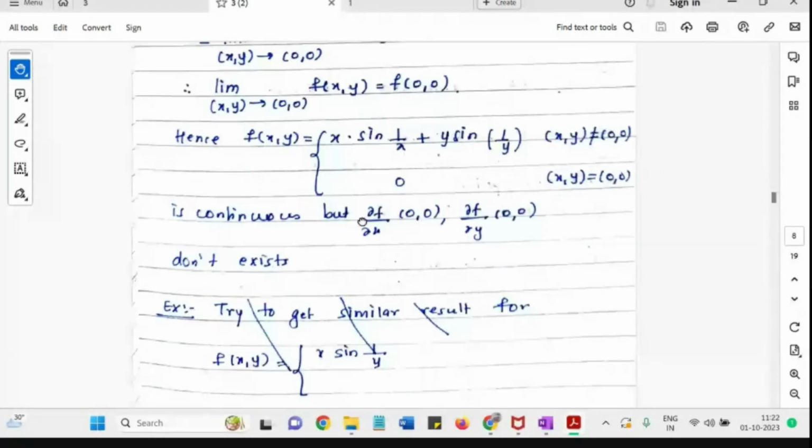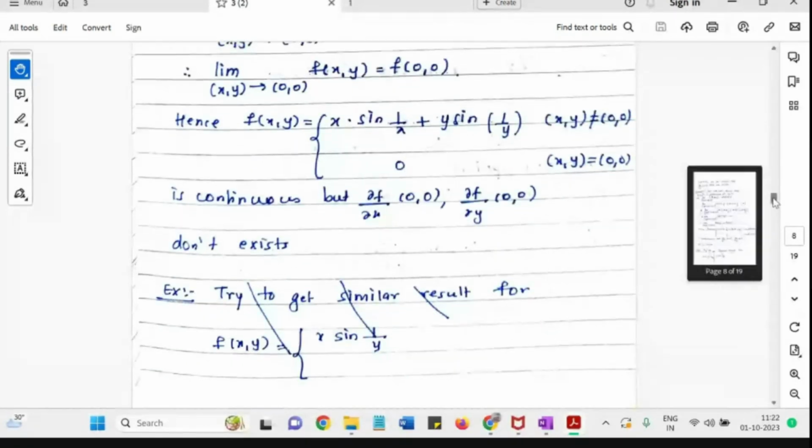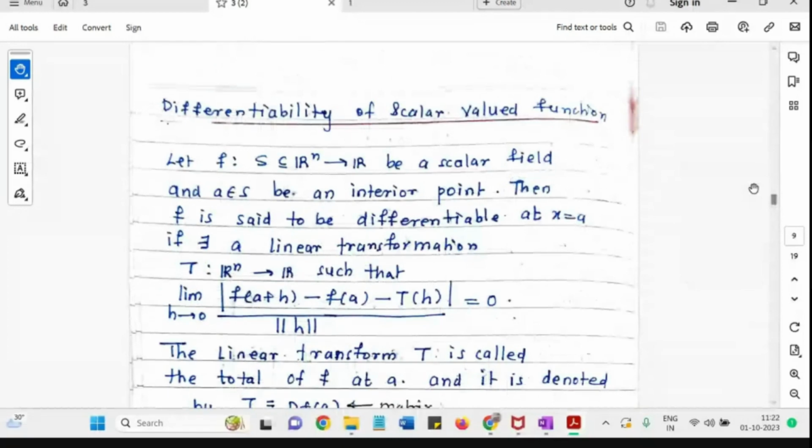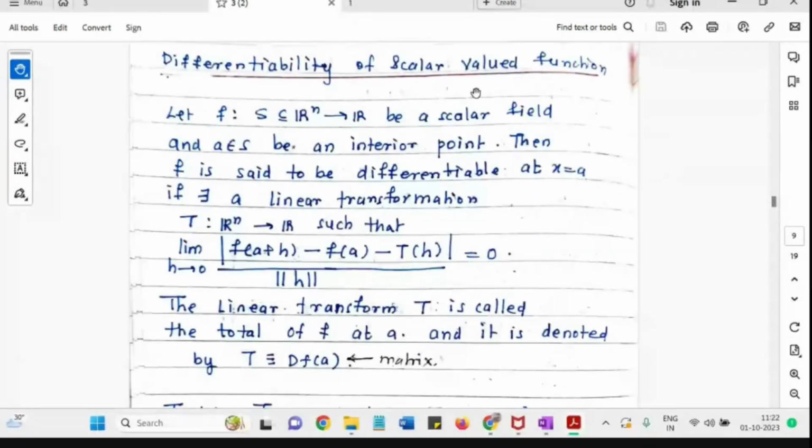Okay, now moving on to the differentiability of a scalar valued function. I have f, a function from S to R, where S is a subset of Rn. Particularly, it's a non-empty open set, and a is a point. Now, if S is open, a becomes an interior point. Then